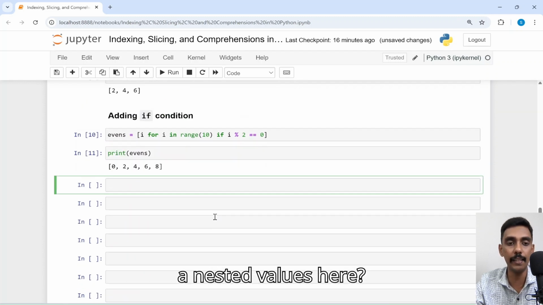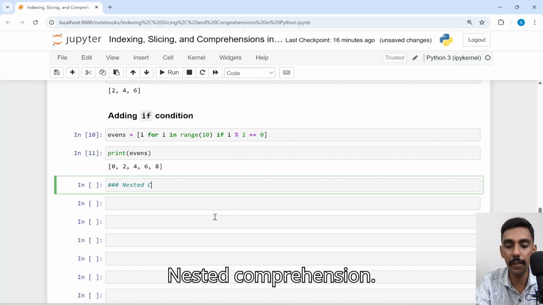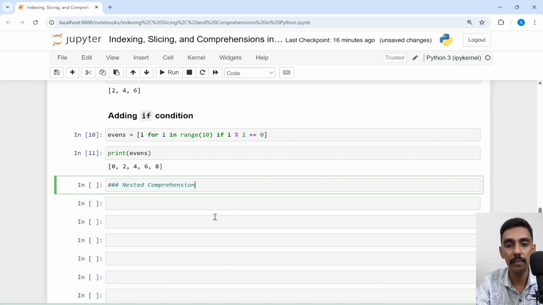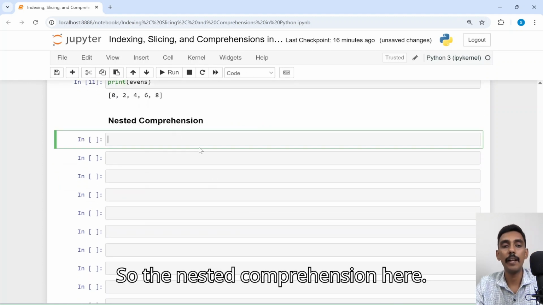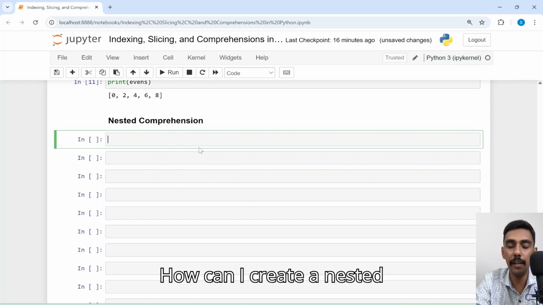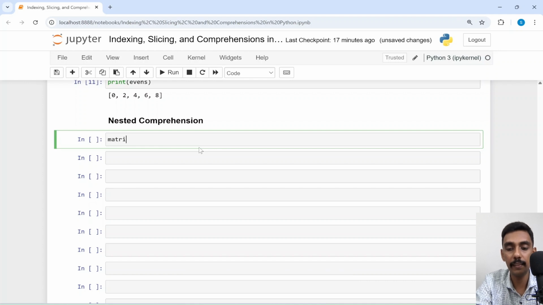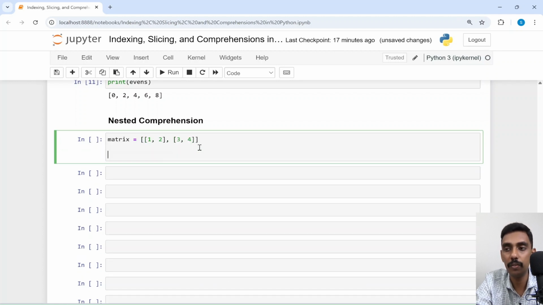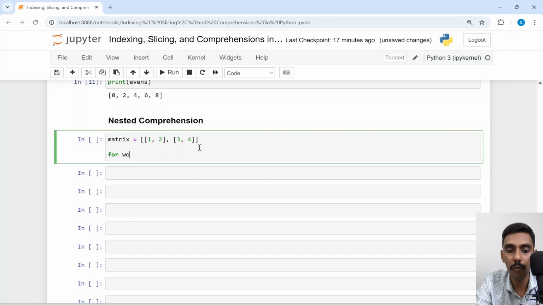So how can I create nested values here? Nested comprehension. So for the nested comprehension, how can I create a nested list here? So matrix: 1, 2, 3, 4. Right, so for every row